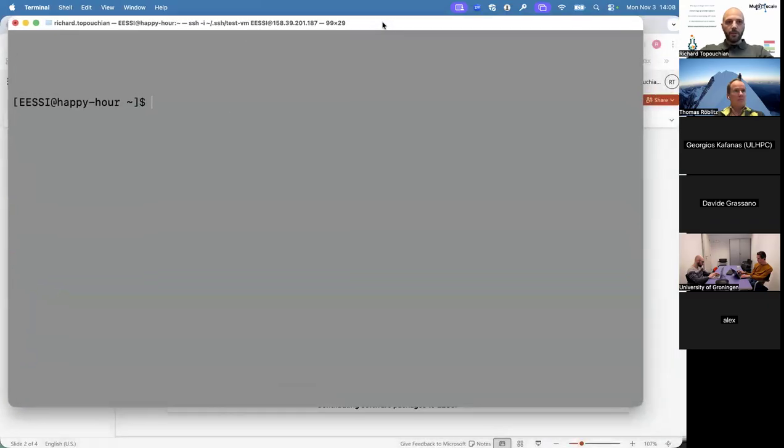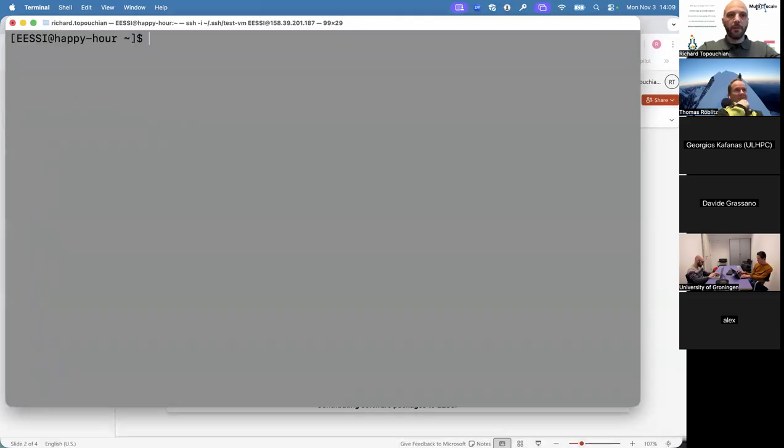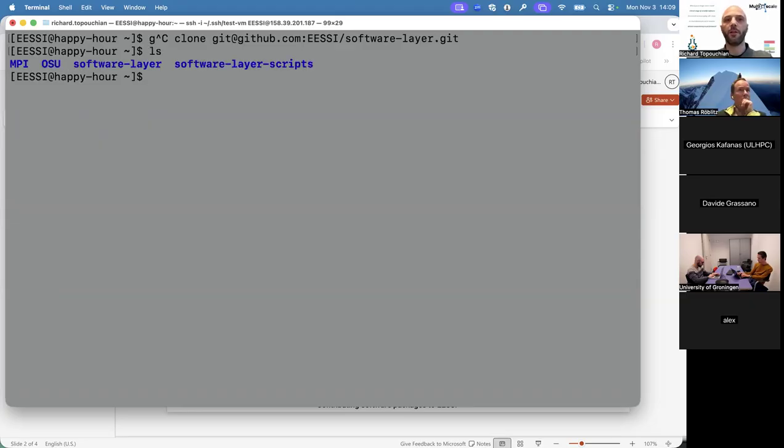So this is the EESSI Happy Hour VM. And as said earlier, the first thing we should do is clone the EESSI software-layer repository. So first I run this git clone command. On this VM, I have already prepared this. If I run git clone on the GitHub software-layer repository, as seen, I can see that now I have a software-layer